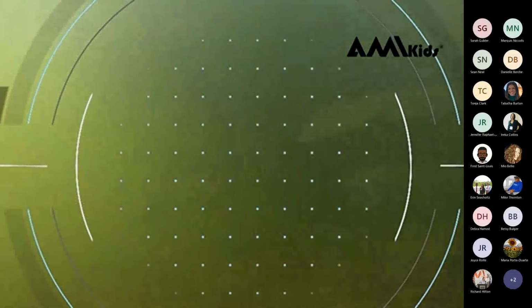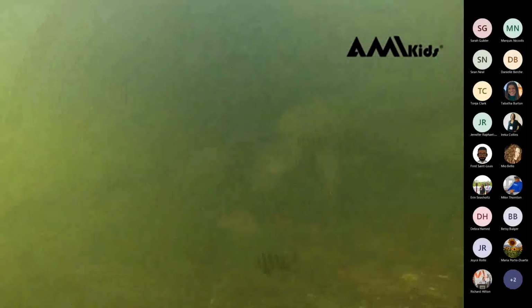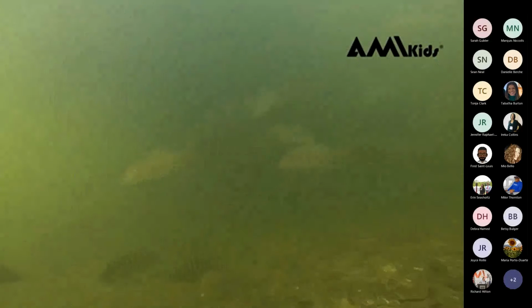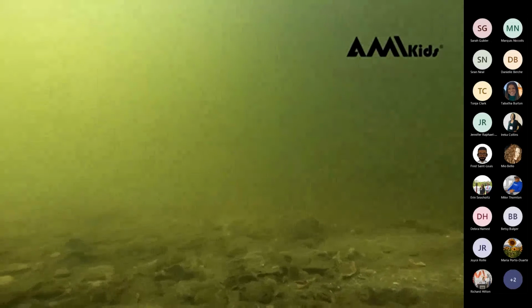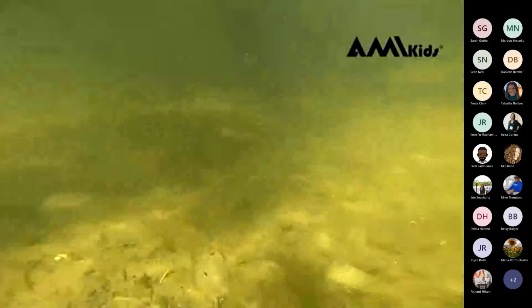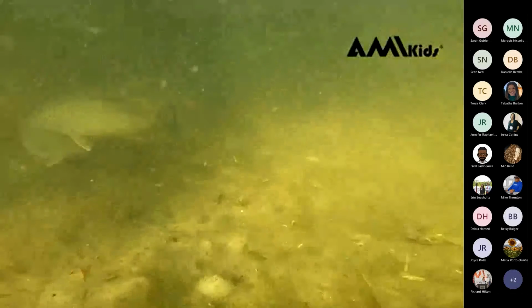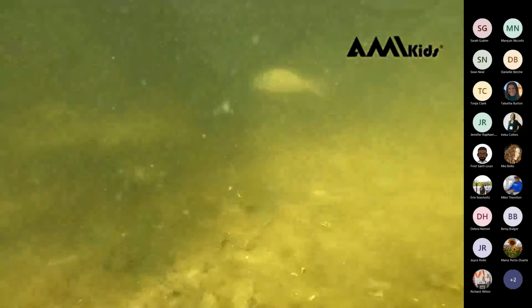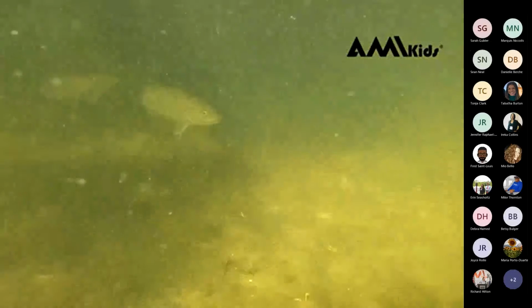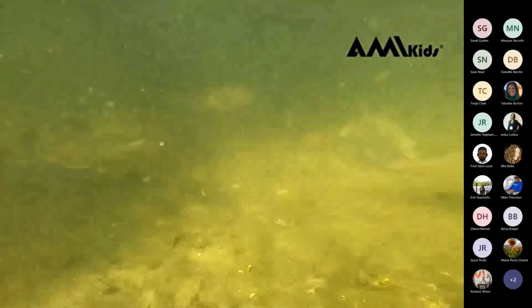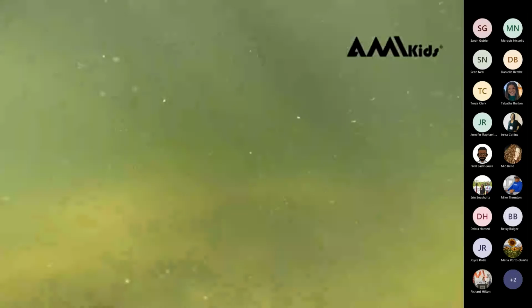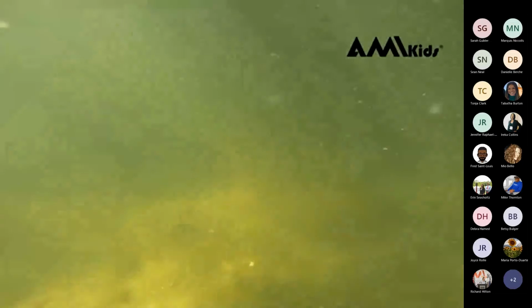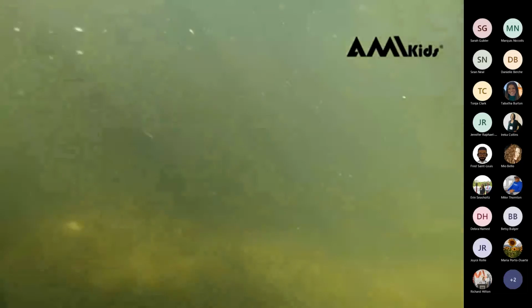All right, so immediately we see a bunch of fish. These look like maybe some snapper cruising along the bottom. Let's see what else we can find. So you'll notice these fish are not very colorful. That's because they blend in with their habitat. A lot of these fish might also have some stripes like those sheep's head right there. And if you like to go fishing, you may have seen those before. All right, let's see what's over here.